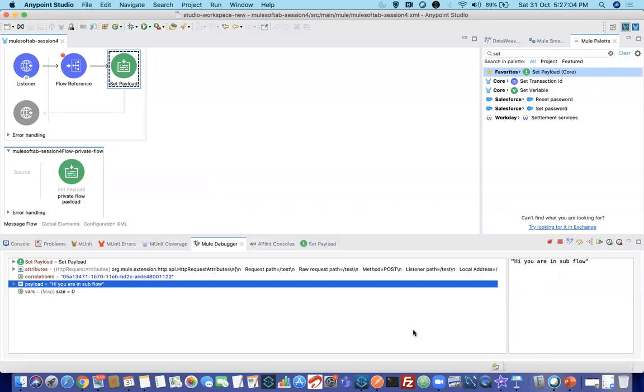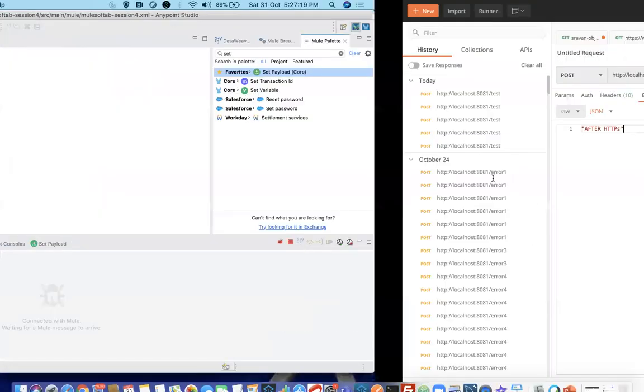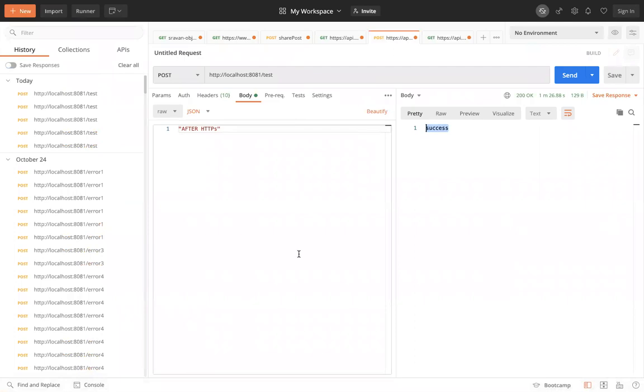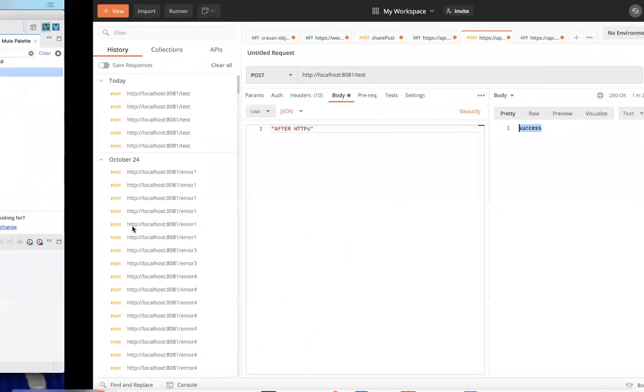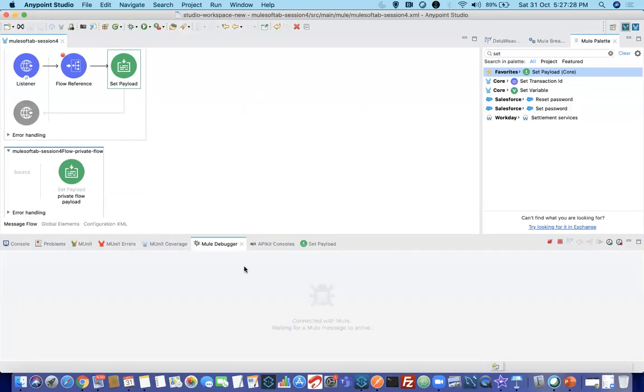This is totally synchronous. Now, the existing payload, hi, you are in subflow, will be overridden with success. I told you payload will override the existing payload. So if you click on F6, that will be executed and you can see success. So this is all about the flow reference component. Got it?